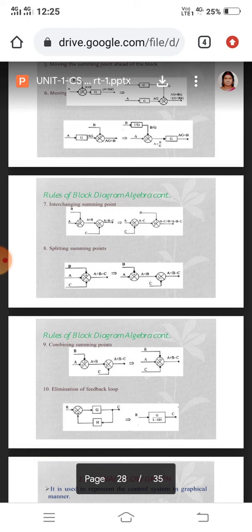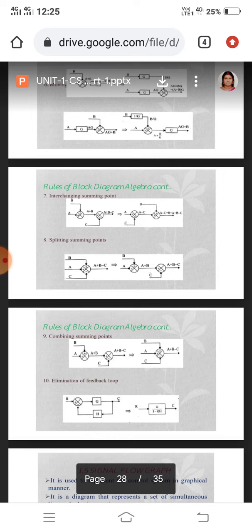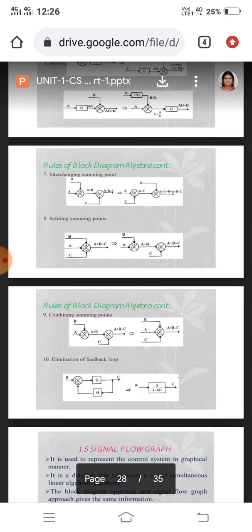Finally, elimination of the feedback loop. In this, one summing point feeds the system, and that system produces one output. That output is fed back to the summing point input. This is a feedback system. Here we consider a feedback system having plus, meaning a positive feedback system. If the feedback H is negative, minus, it means this is